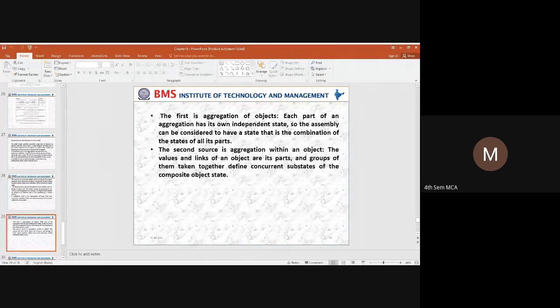So the next thing is we have an aggregation of all the objects. When we are trying to assemble all the objects, we need to combine them as parts. When we are trying to combine them as different parts, we need to identify how the objects can be represented with the concurrent states.